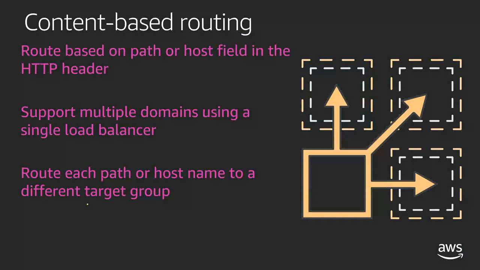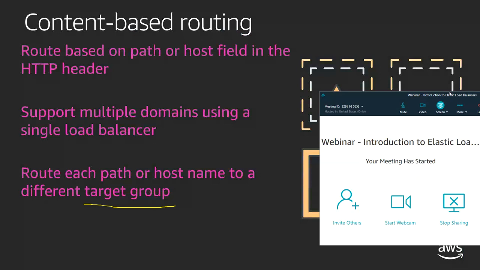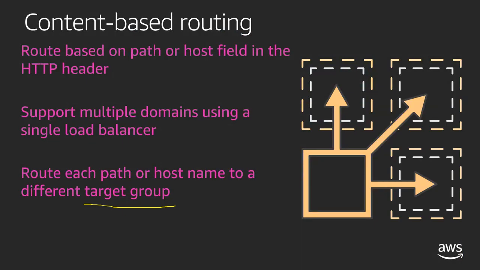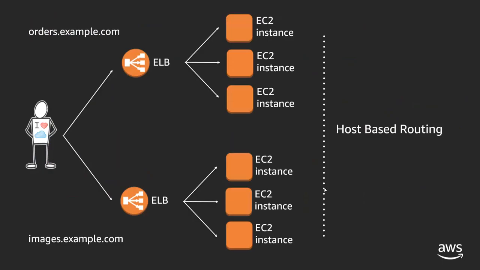Now we are using a word called target group. I had explained what a target group is and how different target groups can be utilized. But this is what is currently happening. We are deciding based on what type of data we have, and then we forward our request to those particular servers. So this is what my load balancer is actually doing right now. Now, when I decide how to forward my data, my decision can be based on what we sometimes call host-based routing.